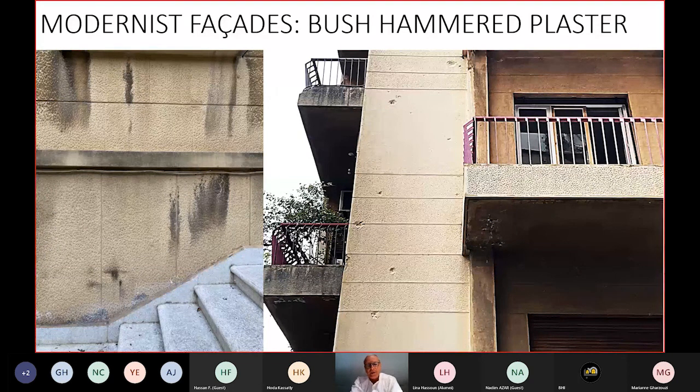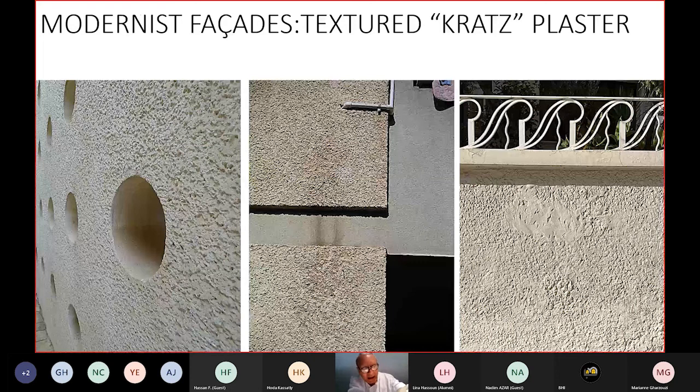Another finishing material that was applied and very popular in the second part of the 1950s and all through the 1960s is what was called Kratz. Kratz is a type of plaster that was applied with a brush made out of nails on a piece of wood. So nails set all together as a brush on a piece of wood. The cement is applied on the wall, and then it is all worked on with these nails, the nail brush actually, in order to render this very rough